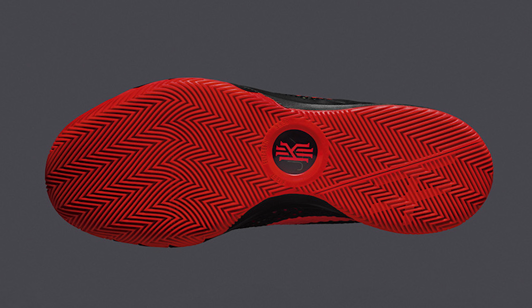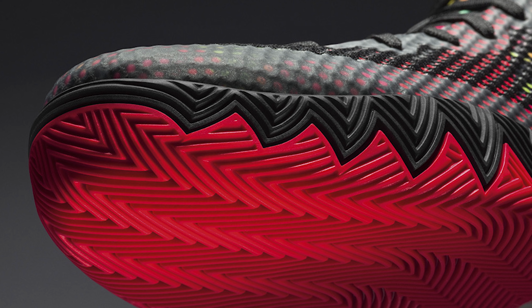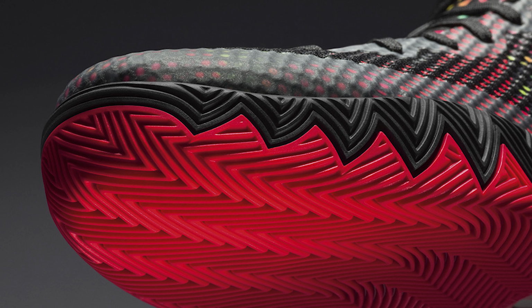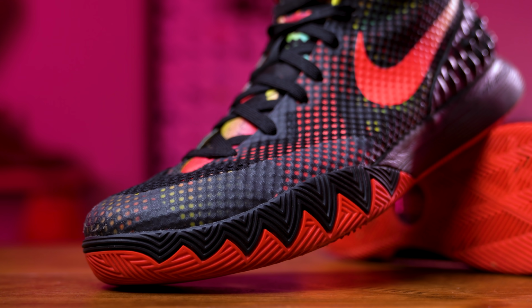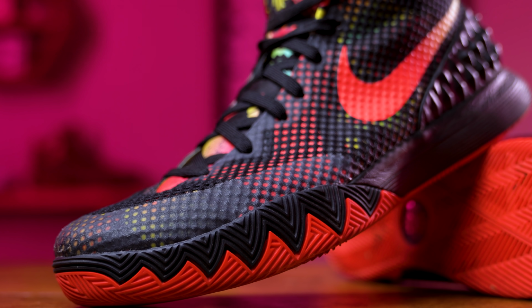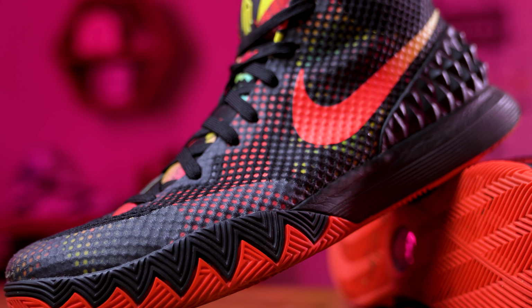The traction featured a slightly curved outsole with a full-length herringbone pattern that wrapped all the way up onto the front of the midsole for a shark teeth-like design, which set the tone for the entire Kyrie line moving forward as a regular feature on virtually every Kyrie since, and also just gave the shoe an identity with a visually striking feature that had a purpose performance-wise, since that wrapped up traction provided additional coverage during extreme changes in